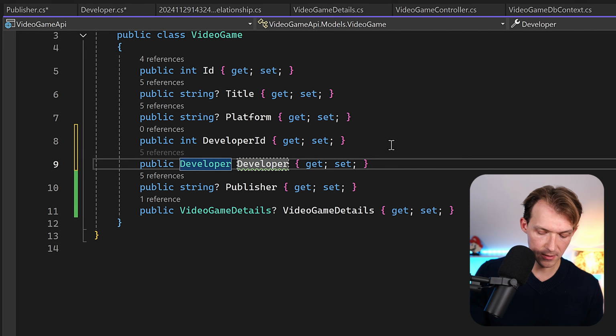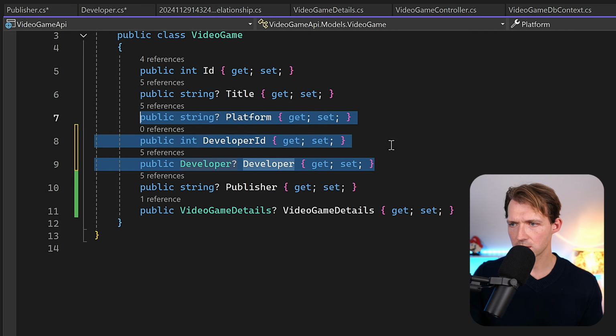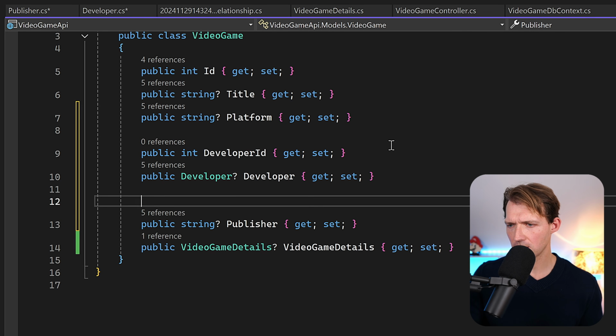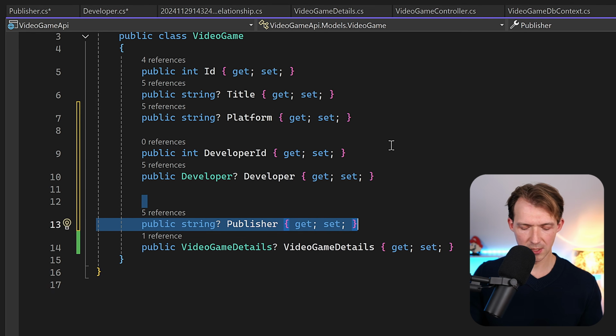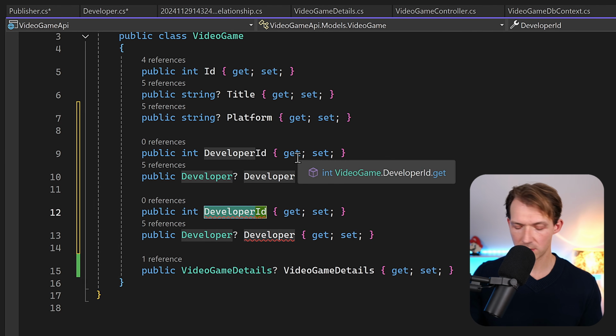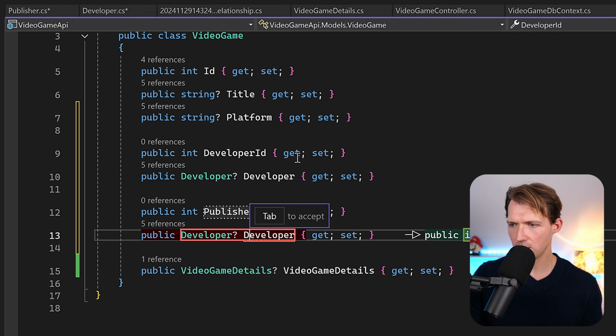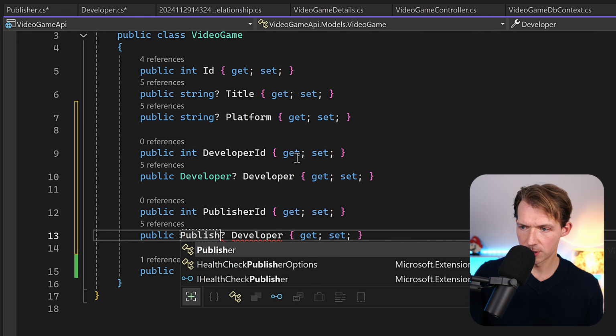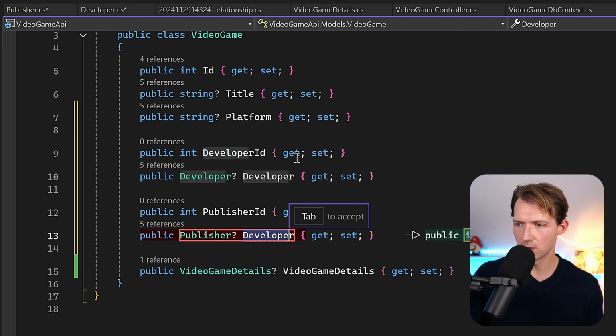And we can make this nullable so the warning is gone. And then let me just add some space here, and then do exactly the same thing for the publisher. So now here we say publisher ID, and then here, of course, we need our publisher object, and we also call this